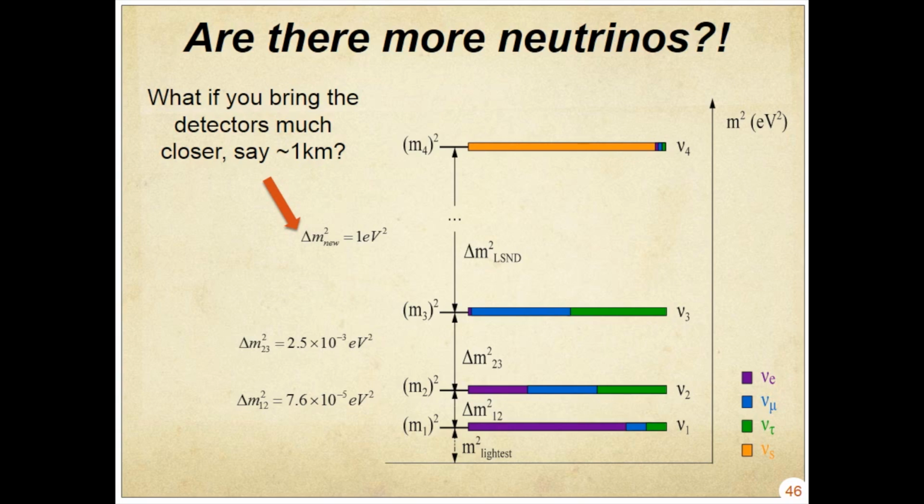So the next idea I want to stick in your head: I said if you dial the position given the accelerator beam. The energy is important, but at an accelerator I can only create a narrow window of energies. Where would I have to put my detector if I wanted to use an accelerator beam to measure this other oscillation? 100,000 kilometers away. All that means is an accelerator beam is a bad way to explore this mass splitting. You're going to want to use something else.